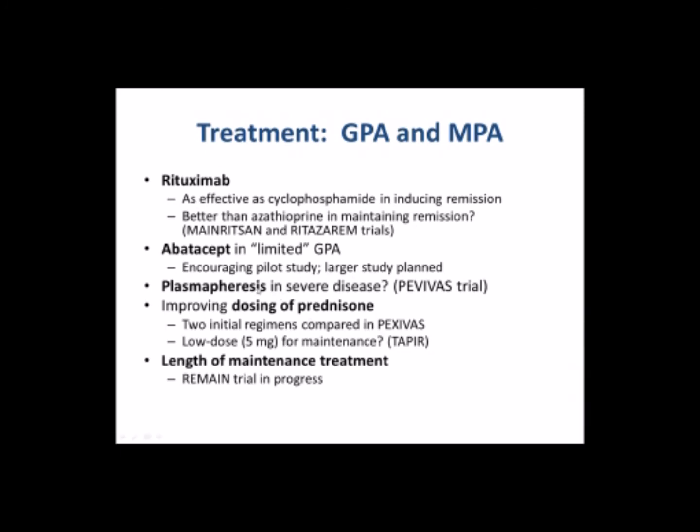For the patients with the most severe disease, again, sorry, that's supposed to be Pexavas. This is patients with ANCA antibodies only. We don't think it'll work in diseases where antibodies aren't really involved, but plasmapheresis is being studied in a very, very large international trial, and we've recruited more than half of the patients needed. At the same time, addressing something that's sort of the lost stepchild in all of this: what should we be doing with prednisone?